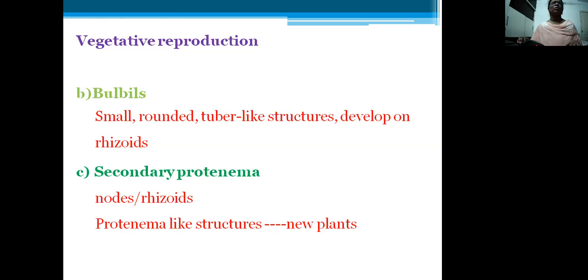These bulbils are small rounded tuber-like structures developed in the rhizoids. The secondary protonema arises from the nodes or rhizoids. They may be from the nodal region or the rhizoid region. They are small green thread-like structures which undergo further divisions to form nodes and internodes having the axis